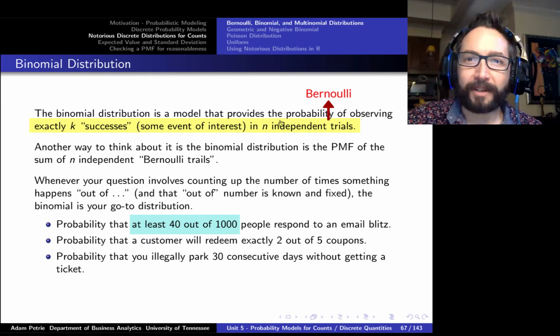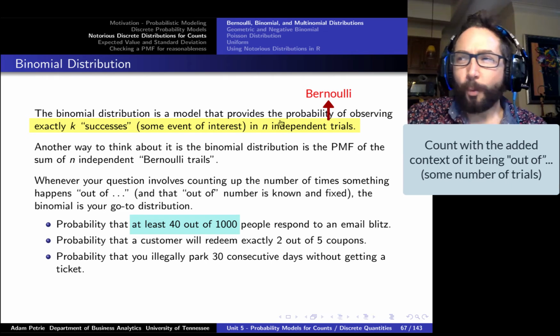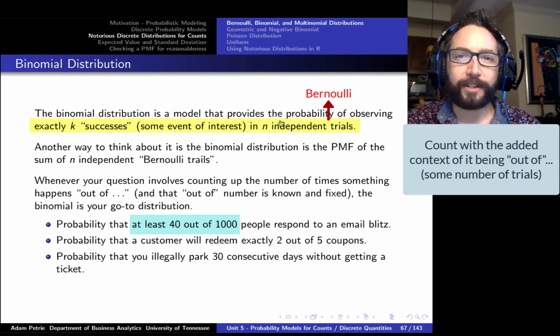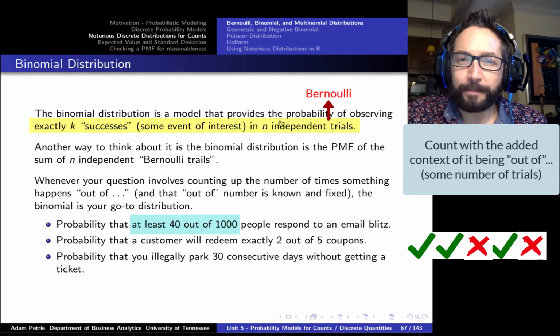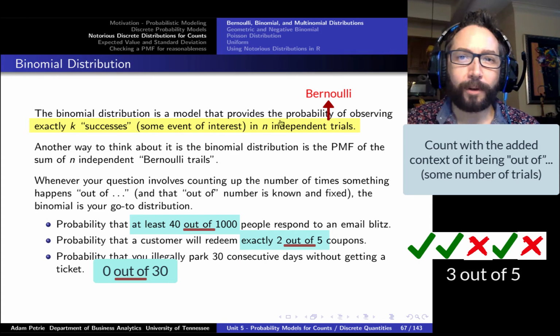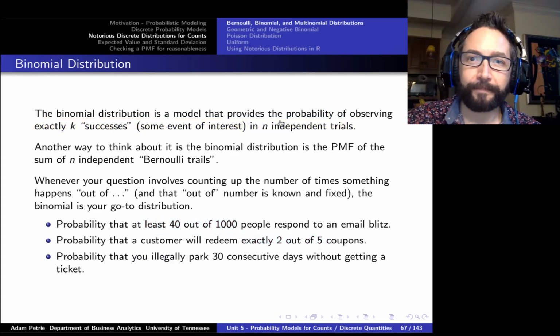What's the probability that exactly 30 days out of the year had a stock out, when the probability of a stock out on any particular day is maybe 3%? So whenever you're thinking about some process that you want to model and it boils down to counting up the number of times some event of interest occurred out of a fixed number of trials, well, your binomial distribution is going to be your go-to distribution.